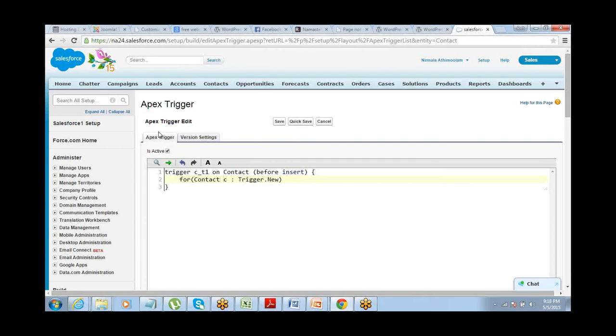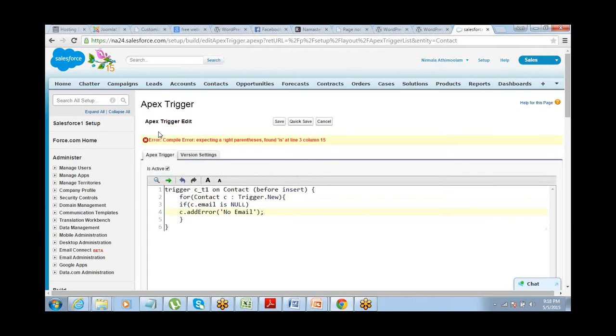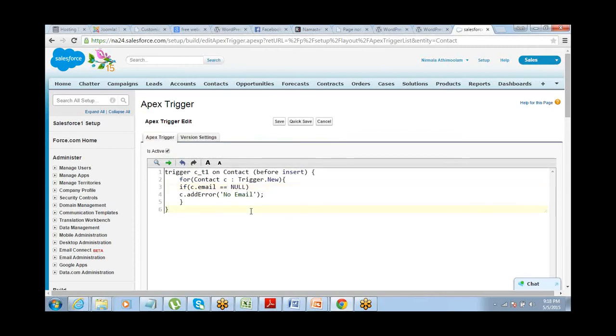So I say for contact c within trigger.new, just go ahead and check if c.email is null, c.addError, no email. Okay, a lot simpler than what you thought, isn't it?